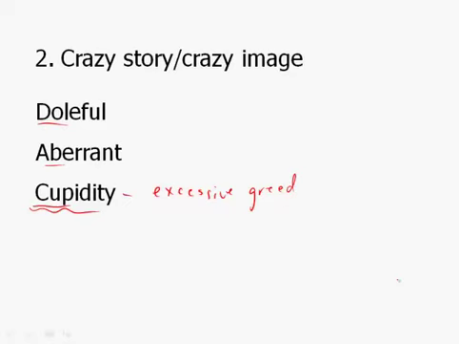Picture Cupid flying around in his diaper, the cherub with his little angel wings, and instead of shooting his bow and arrow into people, saying, I would make such a so-and-so fall in love, he shoots his arrow into a person's wallet or purse, and he swoops down from the sky, grabs the arrow in the wallet, and heads back up. And there he is, stealing people's money, because cupidity, well, Cupid's known for his excessive greed. So that's the spirit of the mnemonics. Try to come up with these crazy, silly stories. And again, if it works for you, or if you come up with a story that's even better than hearing it from me or from somewhere else.